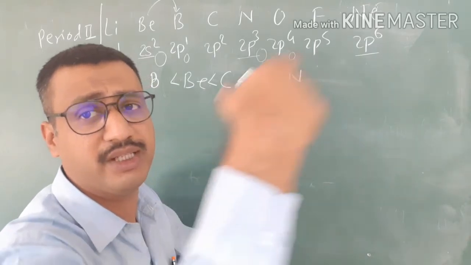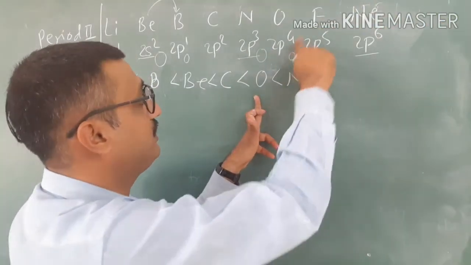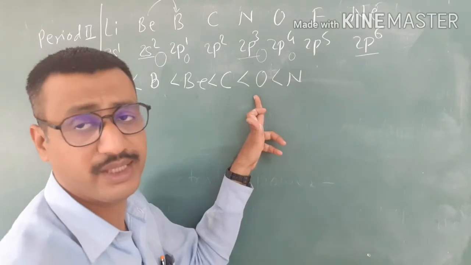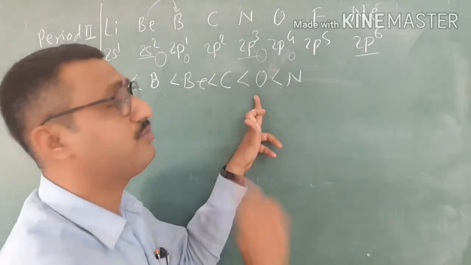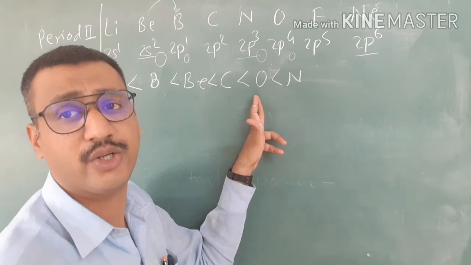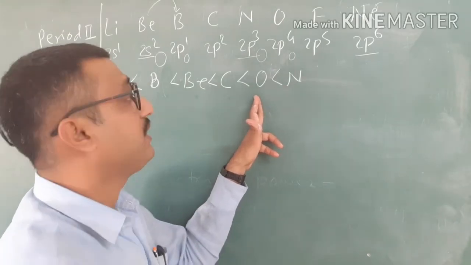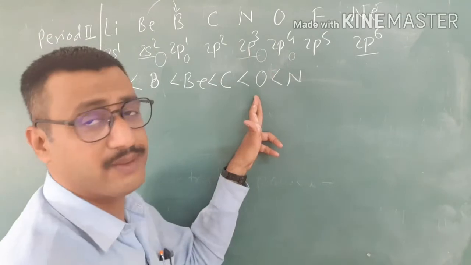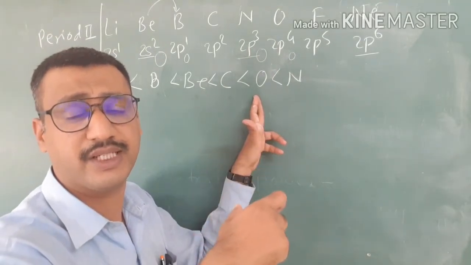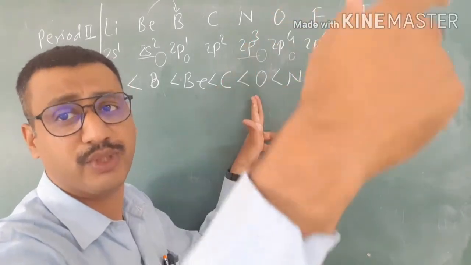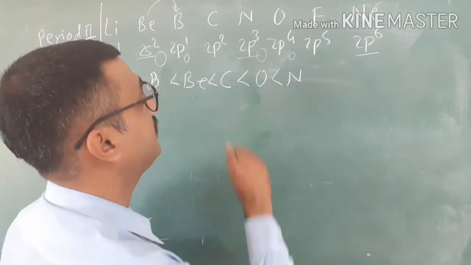So that's why more energy should be required for the oxygen so as to remove the electron. But we are observing that the ionization potential value for nitrogen is more, even though its size is greater than that of oxygen. The reason is that a half-filled p subshell is there in the case of nitrogen, and we studied that a half-filled p subshell corresponds to a higher ionization potential value. So this is the pattern.